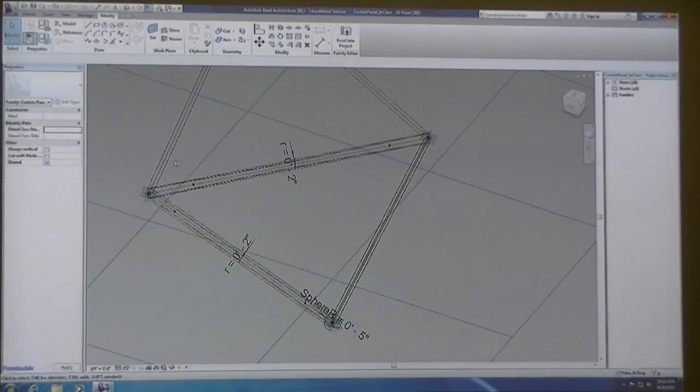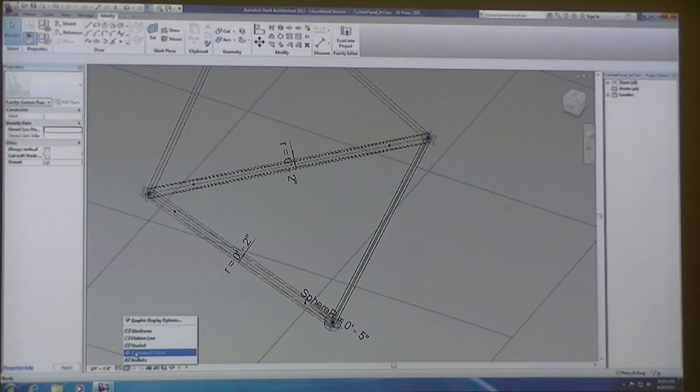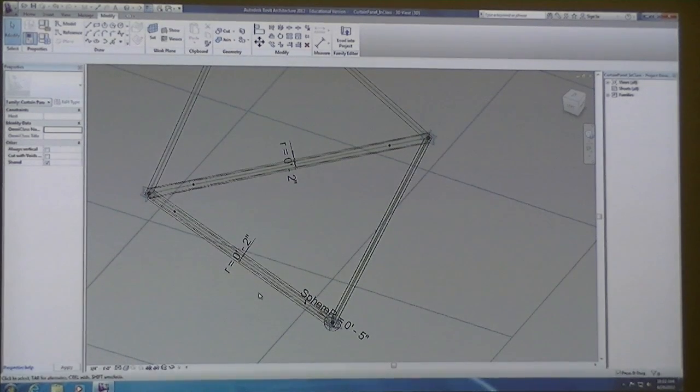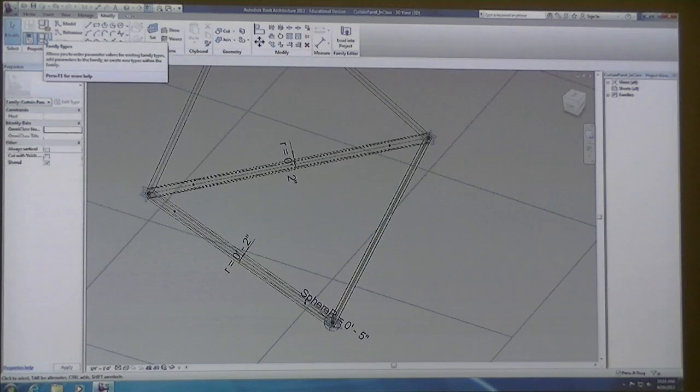So I've created 4 hosted points that are along this triangle, and I'm doing this on the part where we've created our solid mass. So make sure that you're working underneath your solid mass, because we eventually want to cut a void through it. I'm going to create a couple